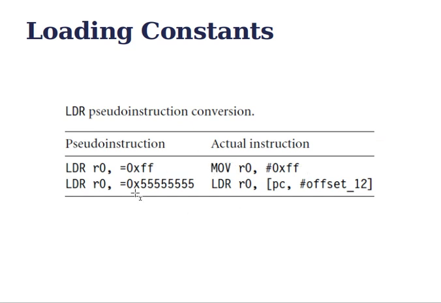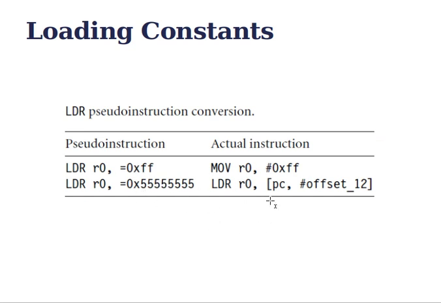Now you can see this data, which is not within the range of the move instruction. That is the reason we have gone for LDR R0, 0xFF55555, which clearly means that this is not a constant but a 32-bit address itself. This 32-bit address can be replaced by